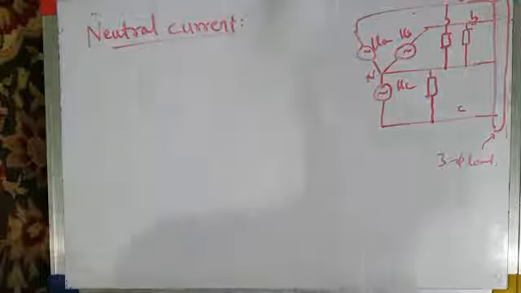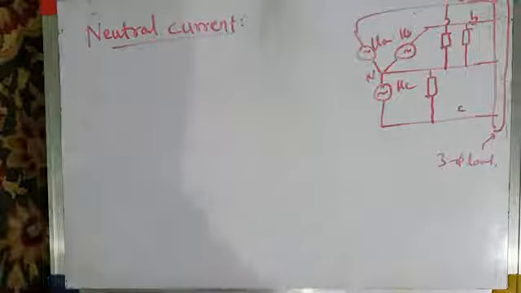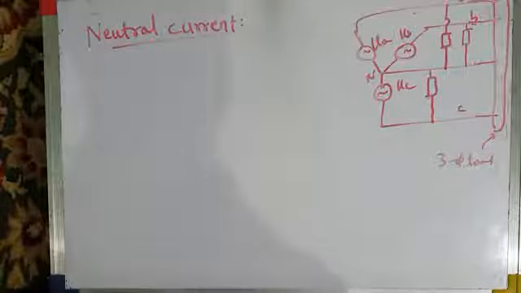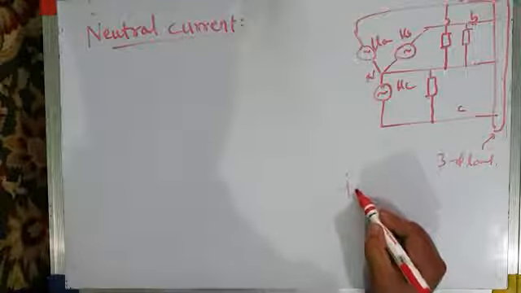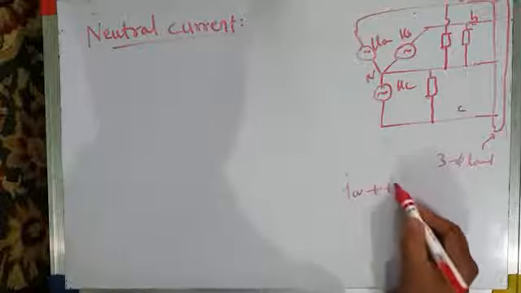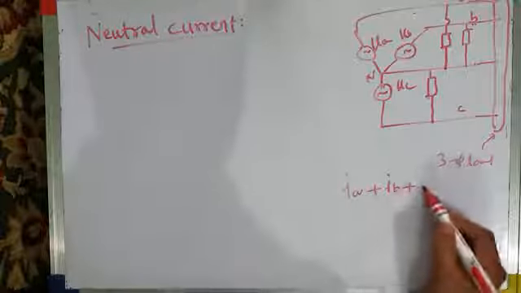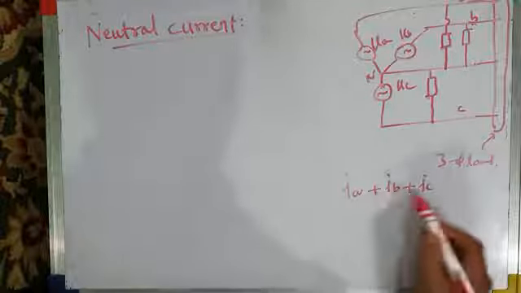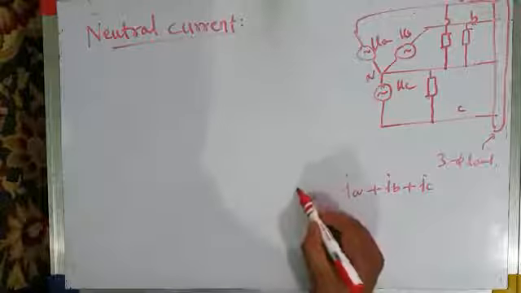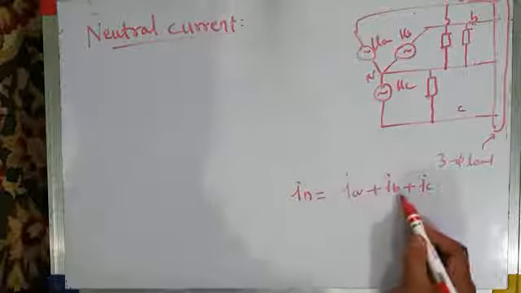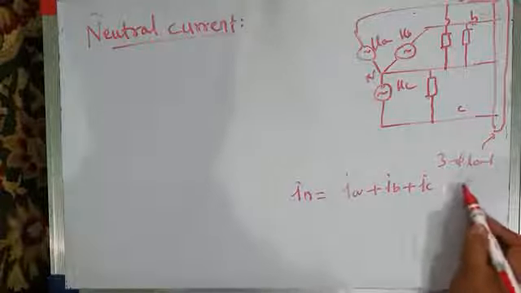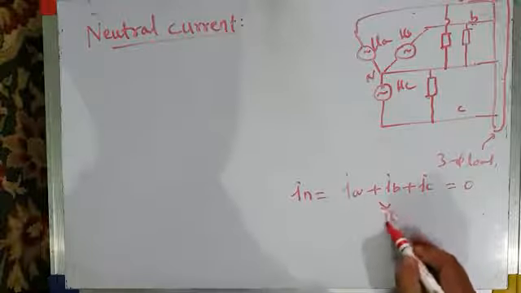I have already told you in the previous lecture, and you already know it from basic theory, that if the system is balanced, there will be no neutral current. Am I telling something wrong? Because the sum of currents IA plus IB plus IC, which is equal to the neutral current, the phasor sum of the 3 line currents, is always 0 if the system is balanced.